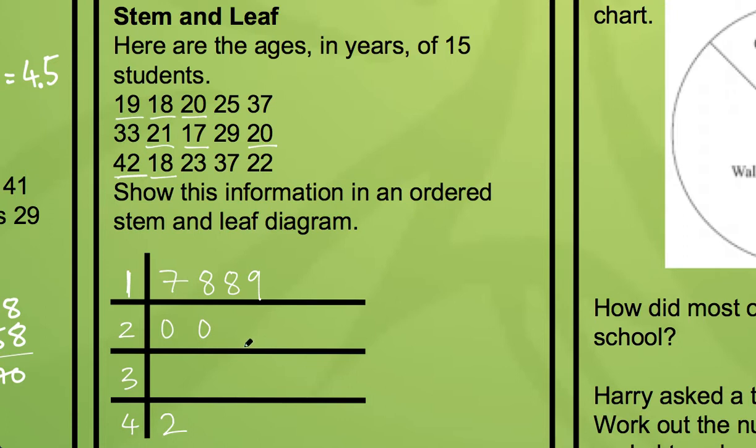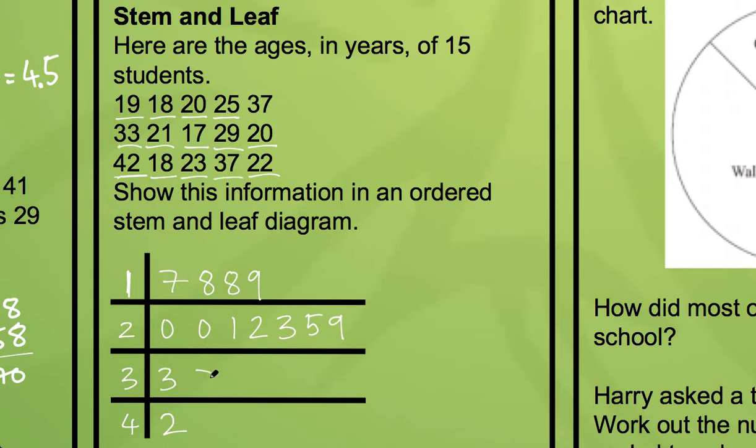Then I've got a 21, I've got a 22, I've got a 23. Any more 20s? Yes, 25, 27. No, 27, 25, 29. And 30s, I've got 33,